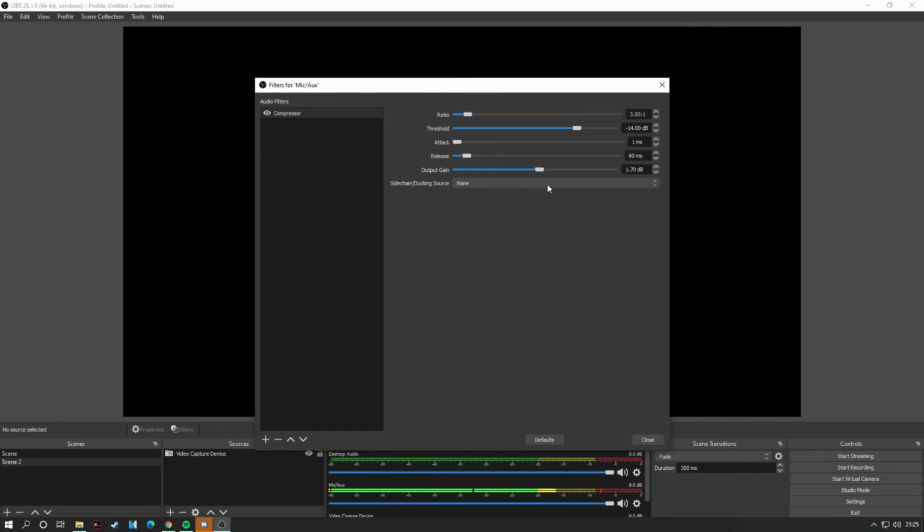Basically, you're going to have to adjust it yourself. You might need some more makeup output gain, or you might need some more threshold. But I hope that the basic settings of that